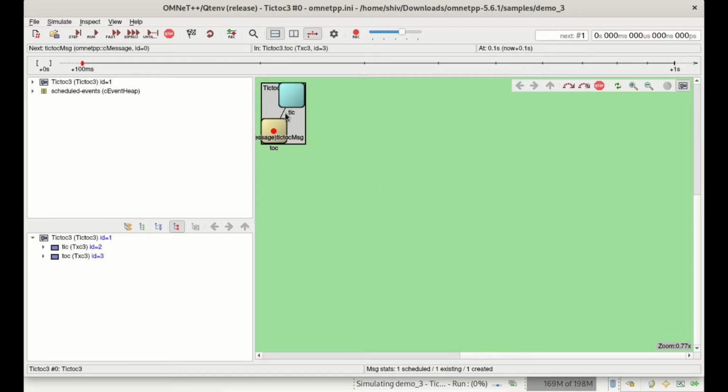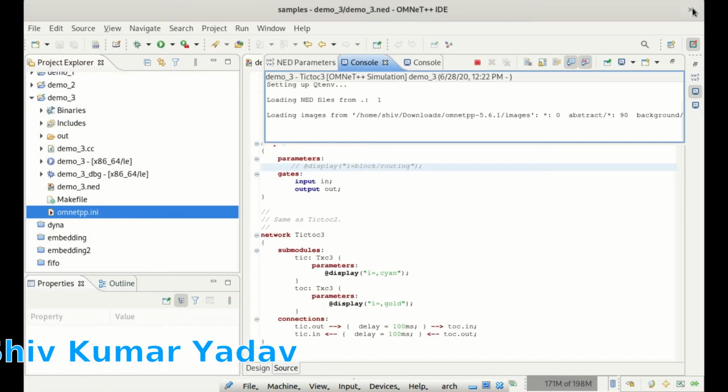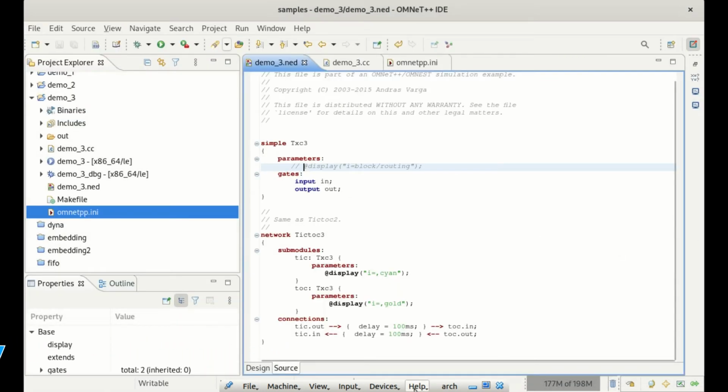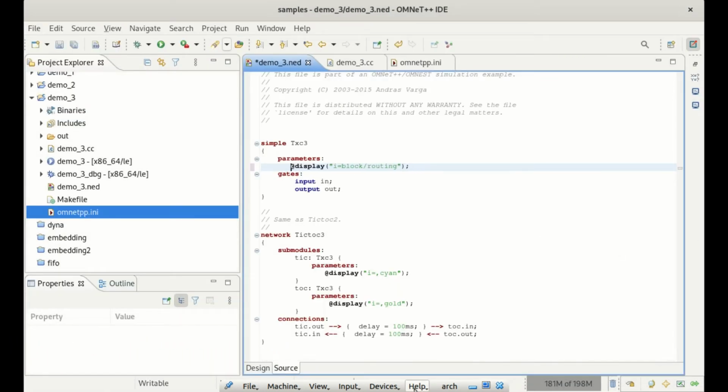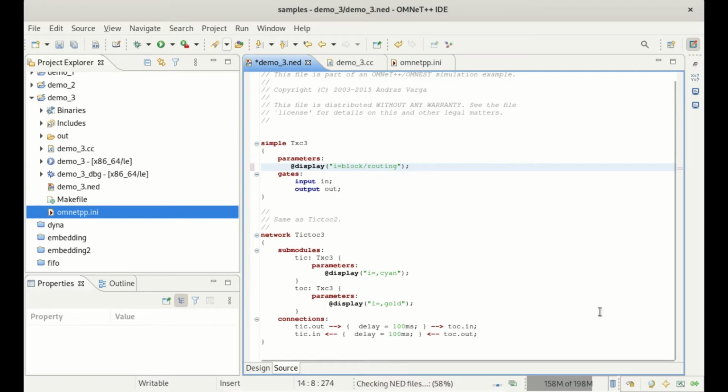Now you can see that there is no symbol, only some squares. So I think guys you got it, what is the meaning of this display: it makes some symbol for our module, some arrow or some specific thing. Like this we can make our custom simple module.